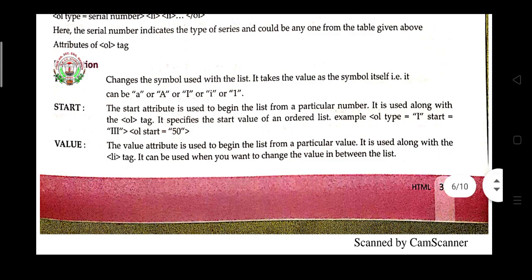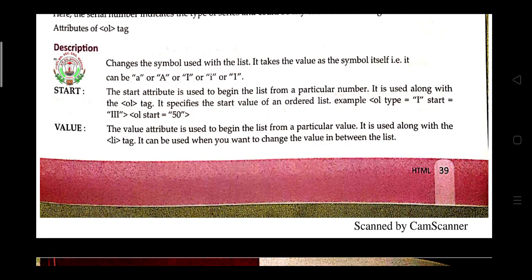Suppose you are writing some list, some topic, and you want to continue from another list, so you can use the start attribute. Suppose you had given 3 items, and for type you had given alphabets. So if you are writing 3 list items, A, B, C will print.